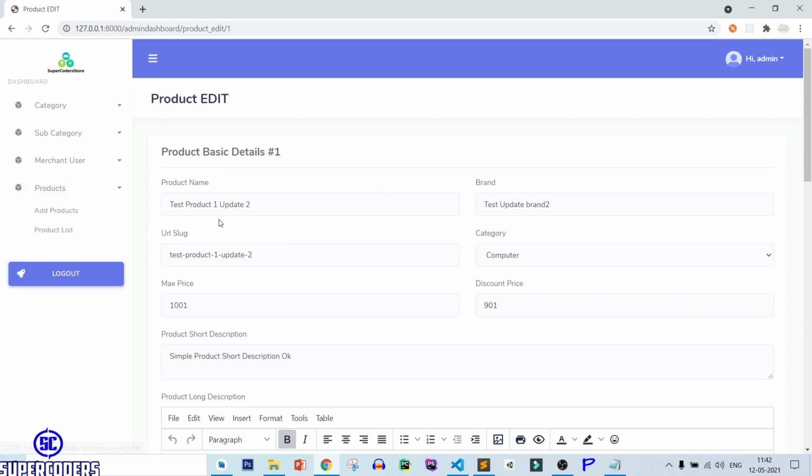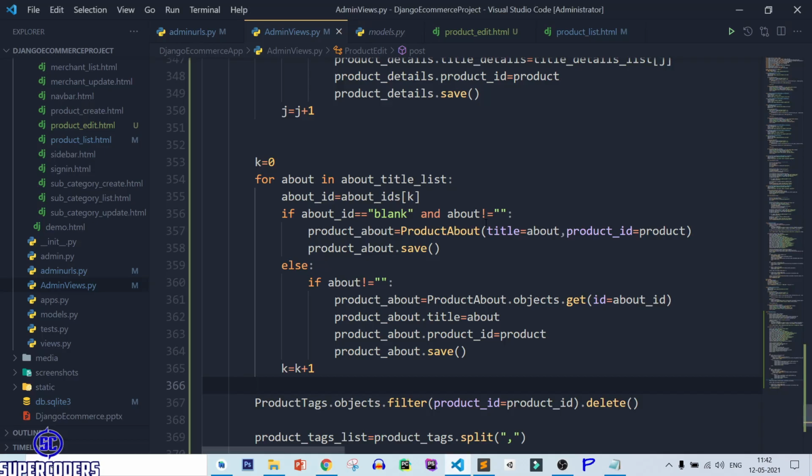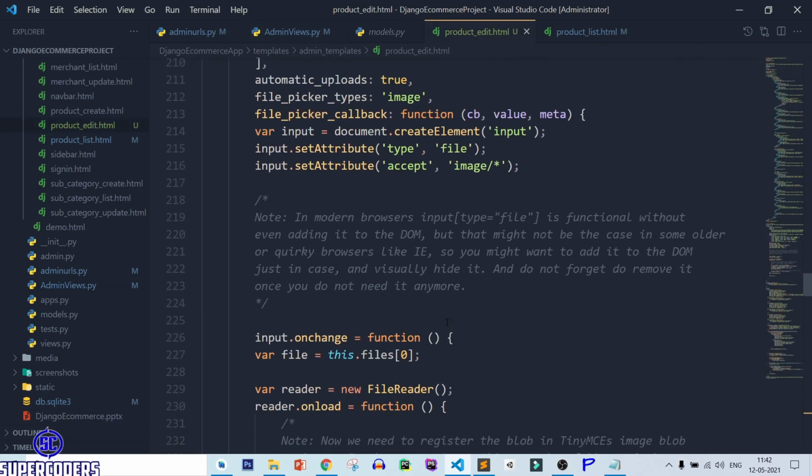Now let's link with the sidebar also. And also do one more thing.